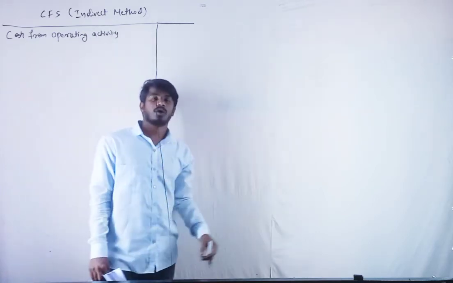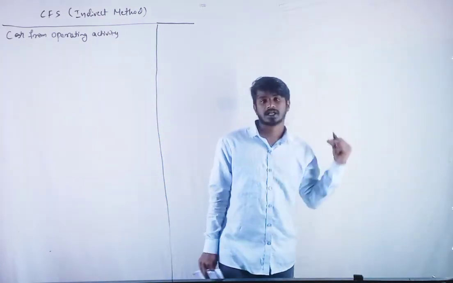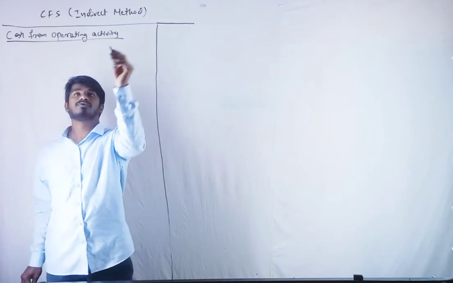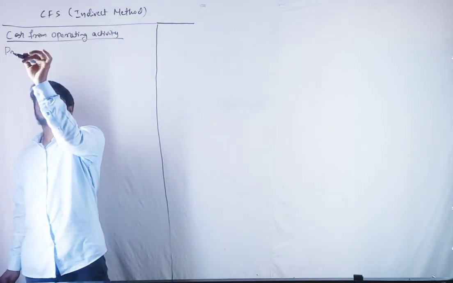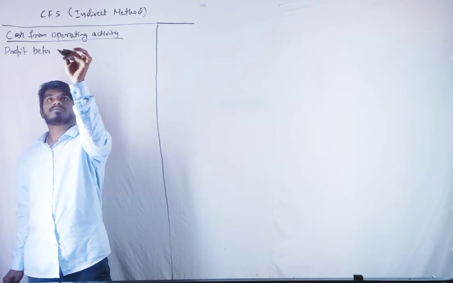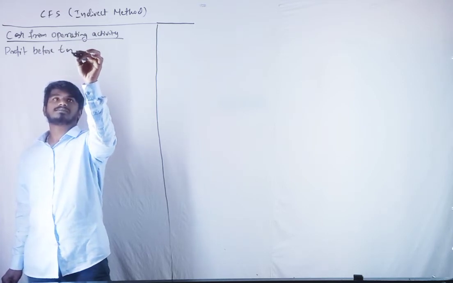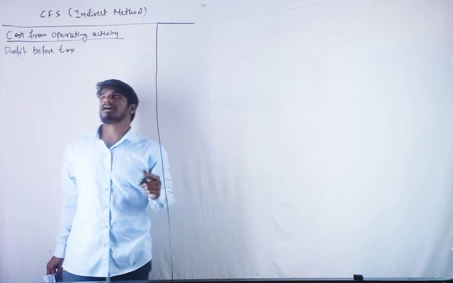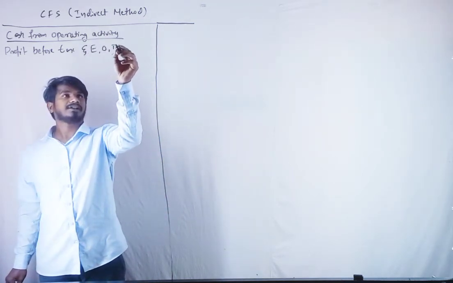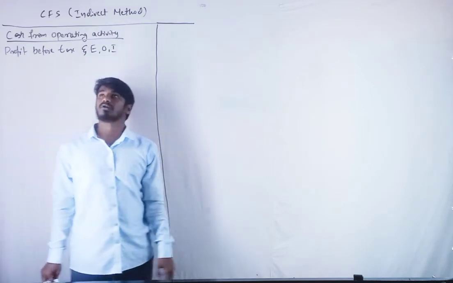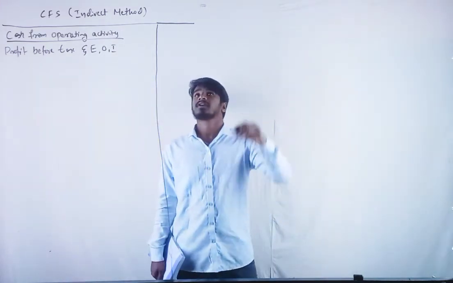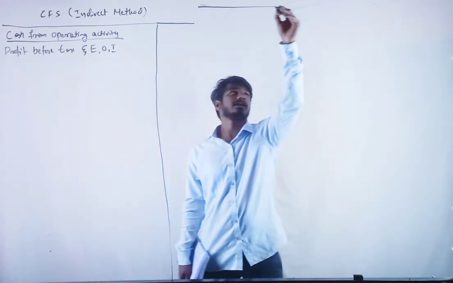Cash from operating activity. Let's see the first one. Profit before tax. Profit before tax and extraordinary item. Okay, fine. Let us calculate the profit. Before that, let me